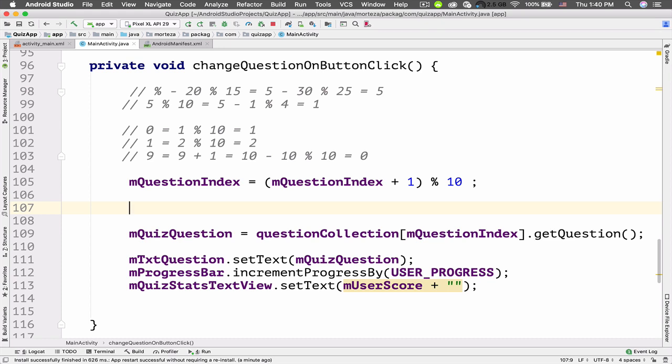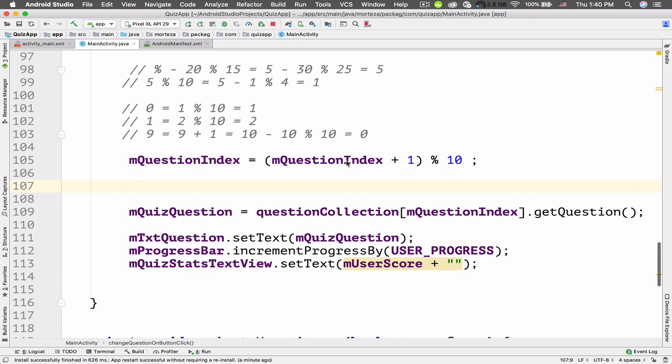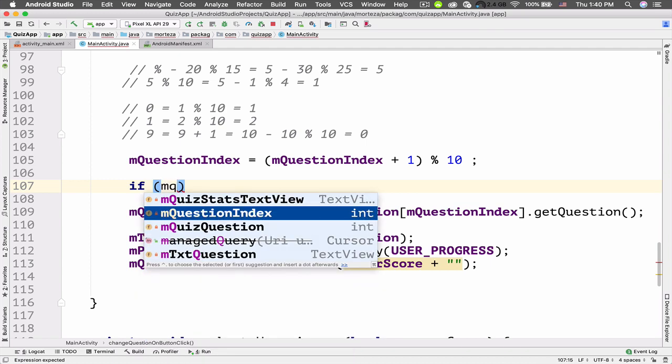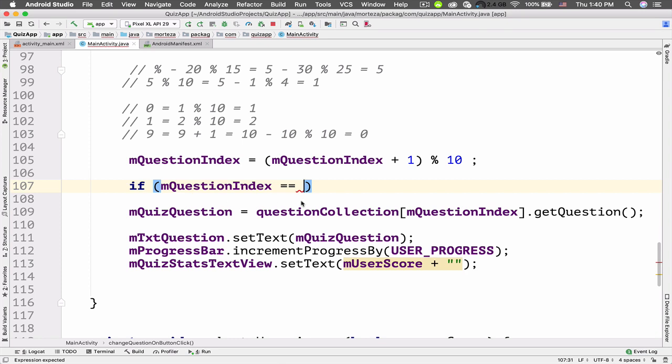So now we can show an alert dialog to the user. How can we do that? After setting the value of this mQuestionIndex, I'm going to create an if statement. I'm going to say if mQuestionIndex is equal. The double equal operator in programming means equal, but one equal operator means assignment operator. This is very important. So I put two equal operators in order to specify that I want to compare two values together. So I'm going to say if mQuestionIndex is equal to 0, then in this case,